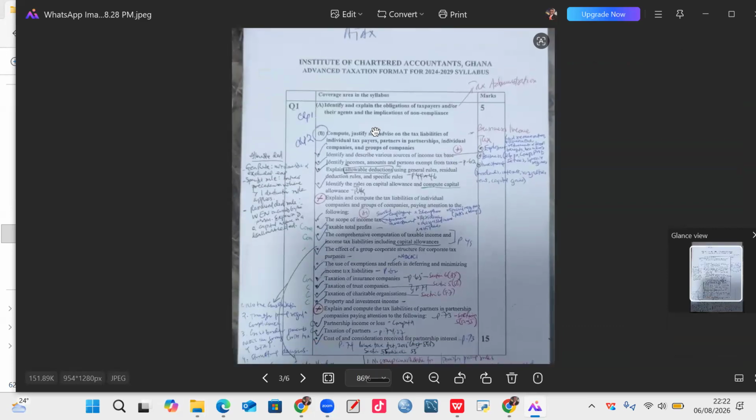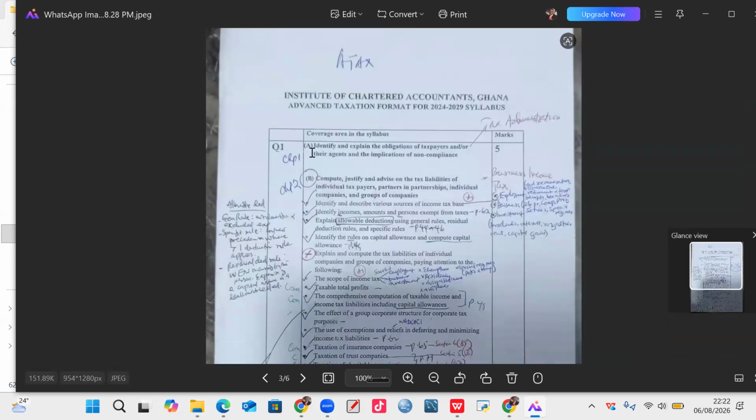So please watch this carefully. This is the format we are dealing with. For chapters, I mostly use the ICAG manuals. Then if there are lecture notes, I'll combine both and use them. So when you see chapter 1, chapter 2, they are the ICAG manuals I use. In the ICAG manual, where I'll find this A is in chapter 1. The B is under chapter 2. So when I read all of chapter 2, you could see I check it. I identify this, I check. Identify this, meaning I've read it.